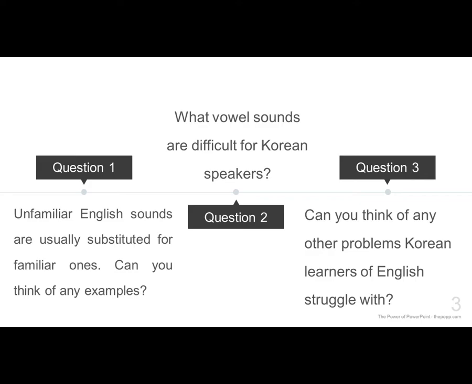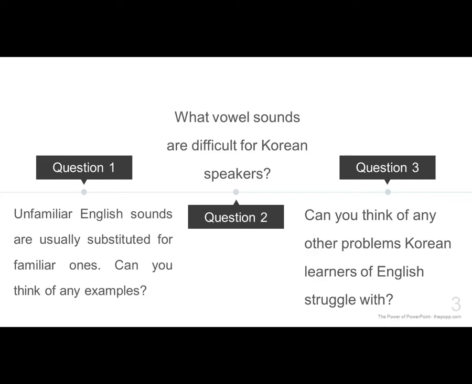Question 1. Unfamiliar English sounds can usually be substituted for familiar sounds. Every language does this. It's just what we do. It's humans. So when we borrow a sound or a word, we change the pronunciation to better fit into our native language.